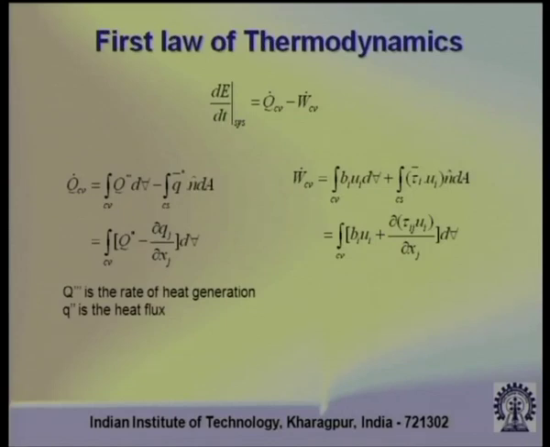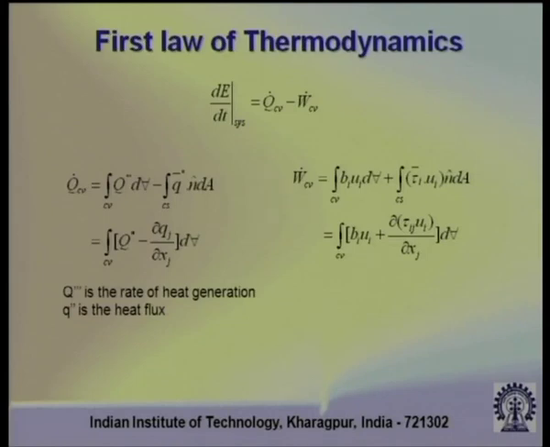We can express it as a volume integral. The next term is a surface heating term, which we express in terms of the heat flux. Small q double prime is the heat flux vector, that is the rate of heat transport per unit surface area normal to the area per unit time. We can express the total heat transfer because of that by using this area integral. We have used a negative sign because a heat flux out of the control surface is actually a negative heat transfer, since heat transfer to the system is what is positive by our sign convention.